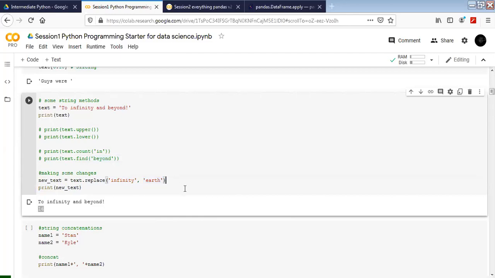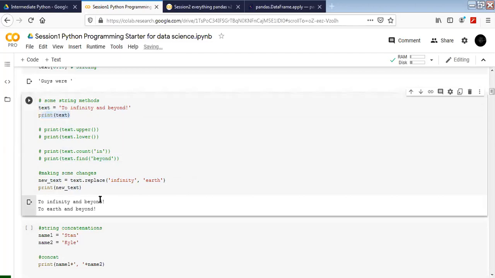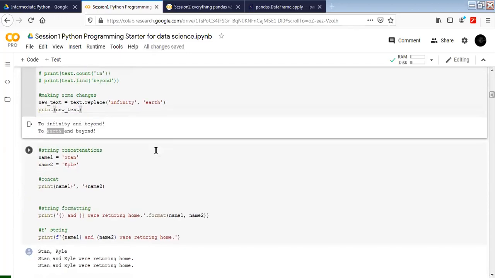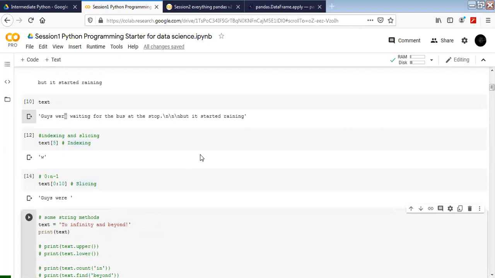If I execute this, my text, which I printed first, is to infinity and beyond, and I was able to replace infinity with earth. This is how replace works on text lines. So far, any questions? No, right? We can move on then.